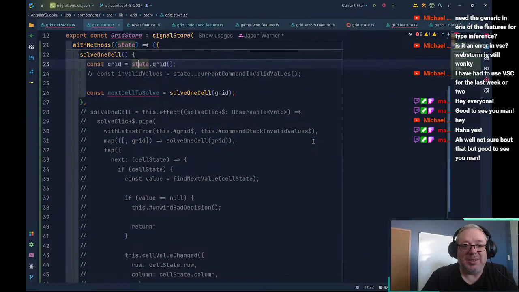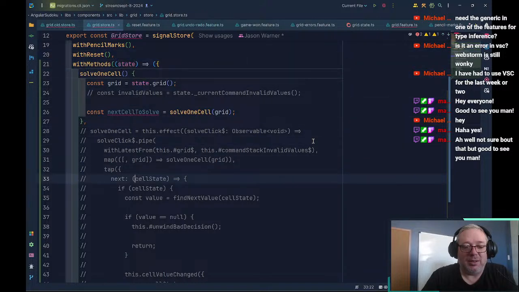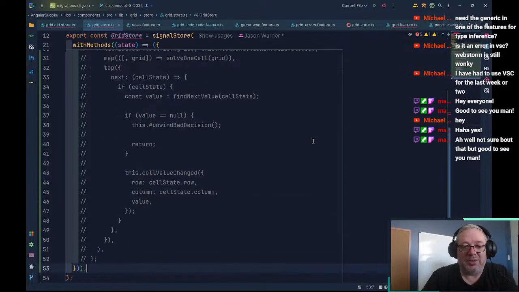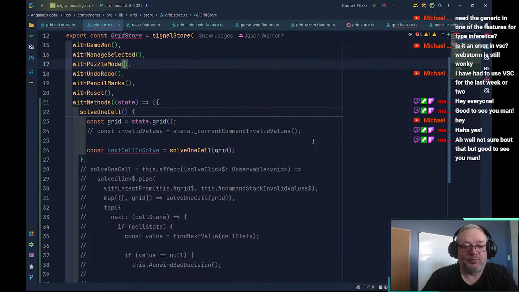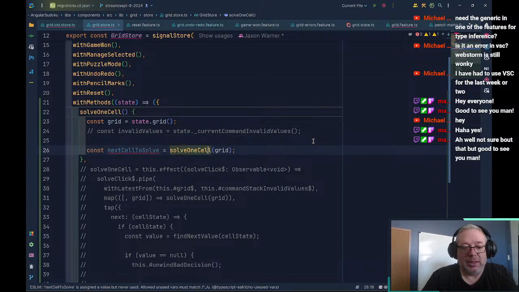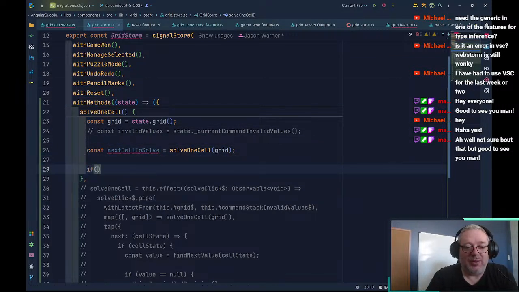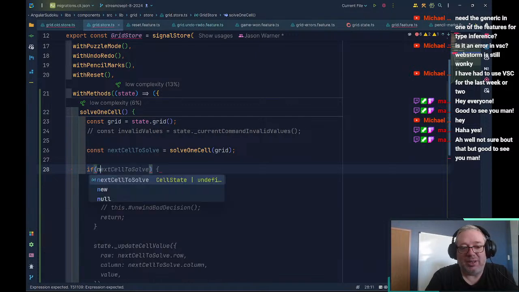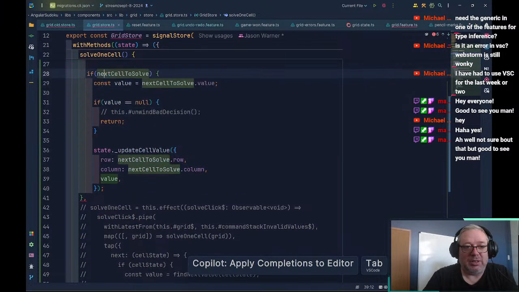So if there is a cell state, then we do some stuff. And if that stuff doesn't work, we unwind it, and then we call cell value changed. Okay. So we just say, hey, if there is a next cell to solve,